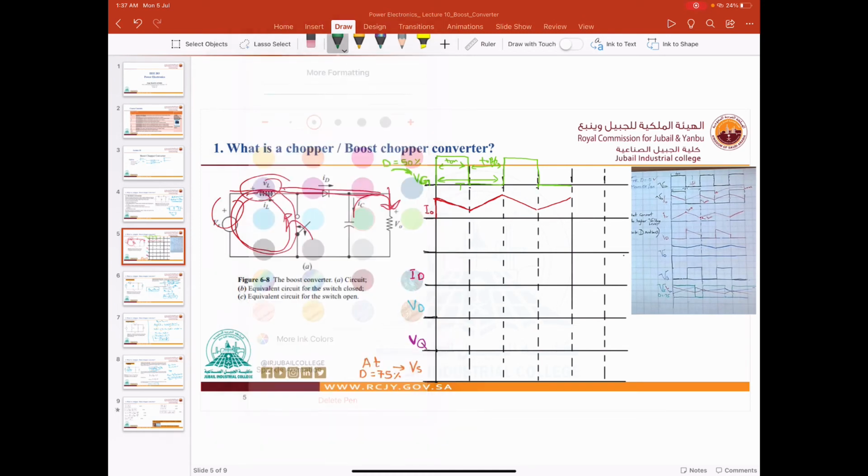L. We need to see IL. So IL, when the switch is closed, let me do it here. When the switch is closed,